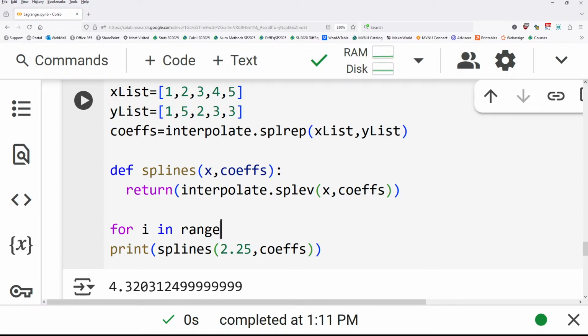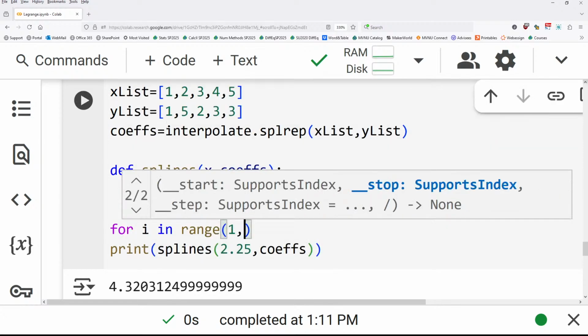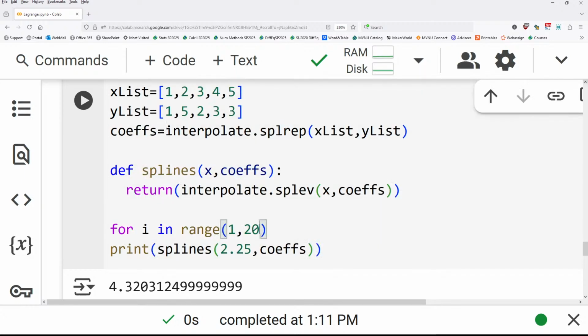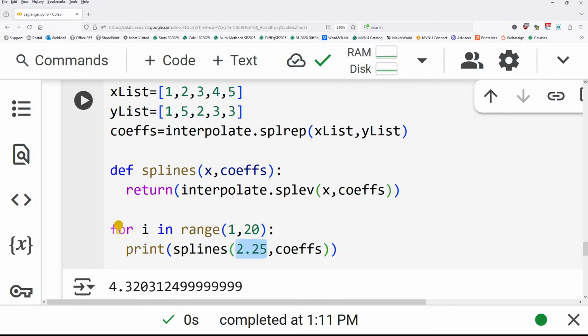Let's go from 1 to 20. Why does it do that? It's so annoying. Anyway, let's see, go like this, and then we'll stick this over a bit, and we'll just print splines of I times,